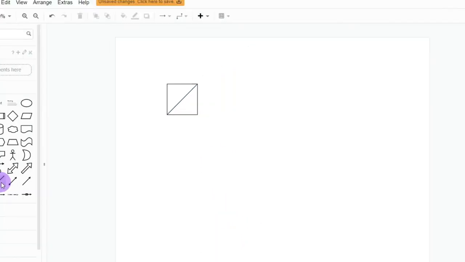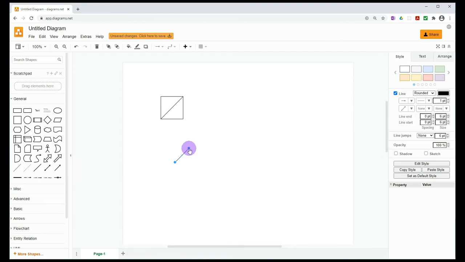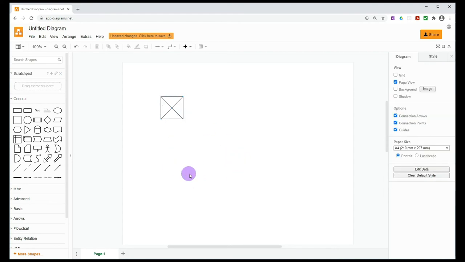Click away, go back, bring out another line, drag it out, take the blue circle, pop it into the top vertex where the two lines meet and let go. Then click away. Now this is the icon that represents an image. There's two other pieces of information needed about an image. At the very least, this symbol to represent the position of the image within the wireframe,